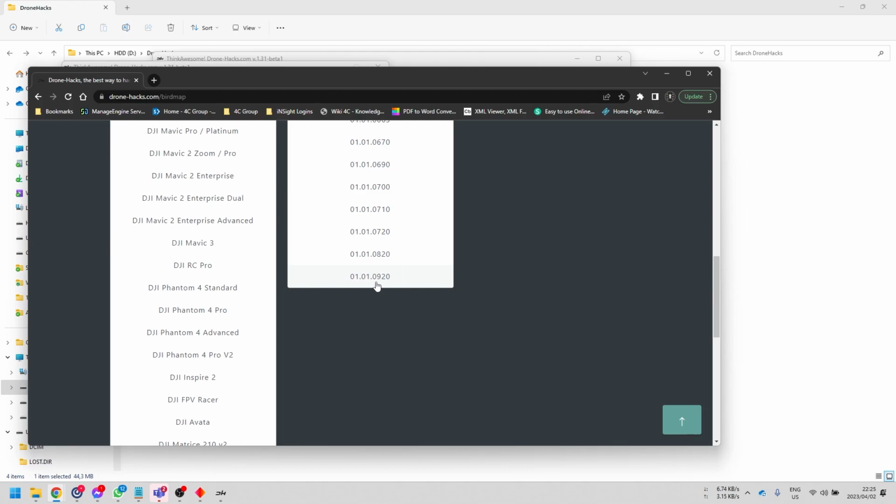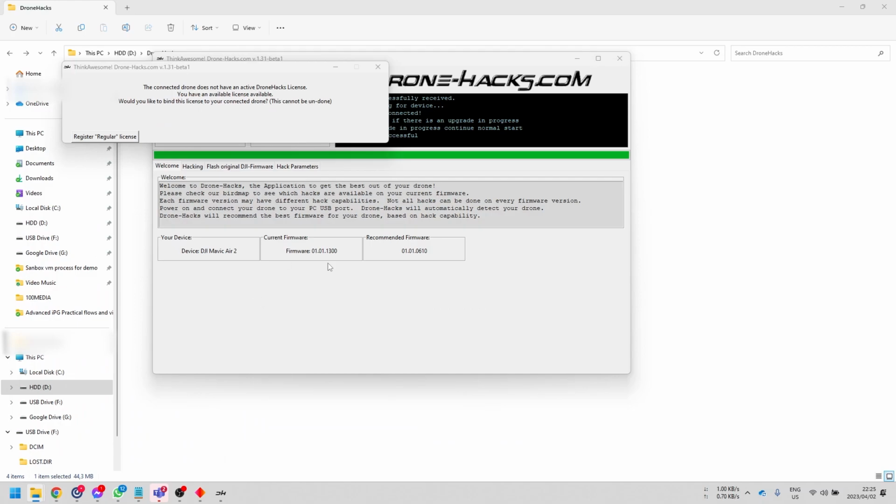Okay, so it's newer than that. The latest one on the bird map was 09220, and the one I've got on here is the latest version, meaning that I am unable to do anything. I can't downgrade, I can't do anything. However,